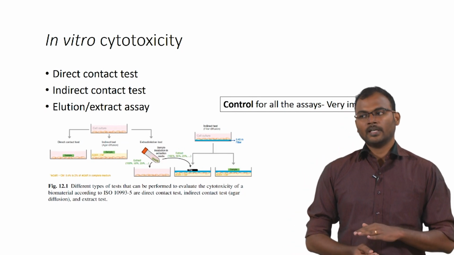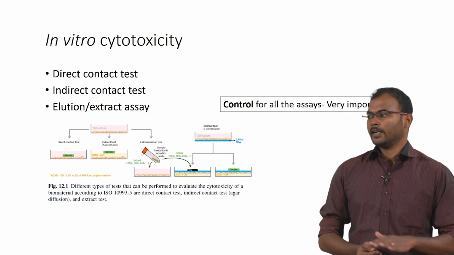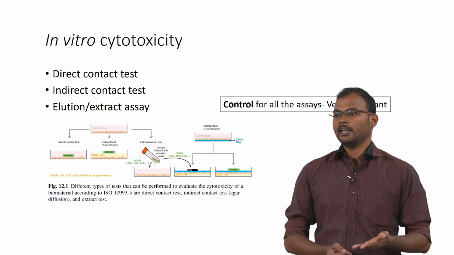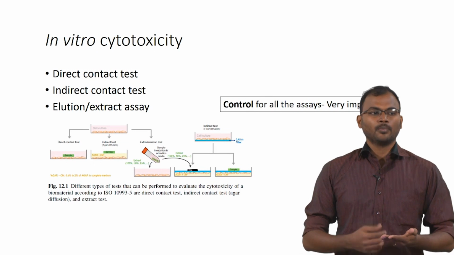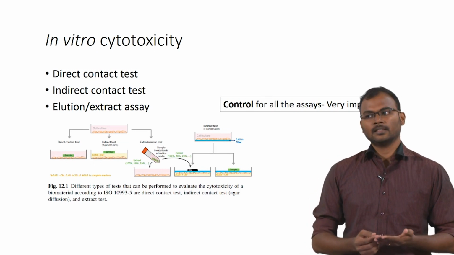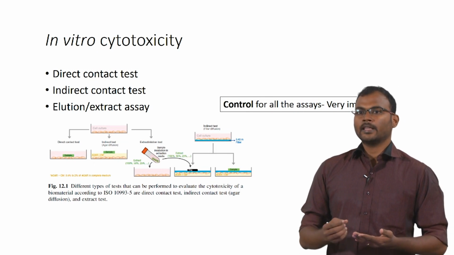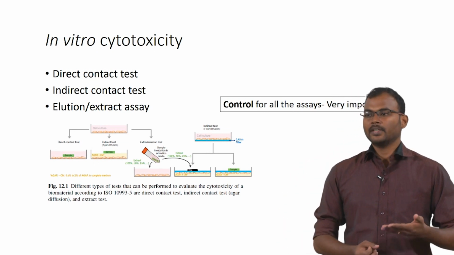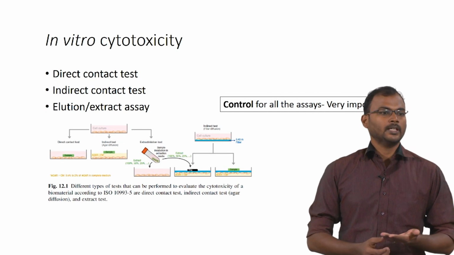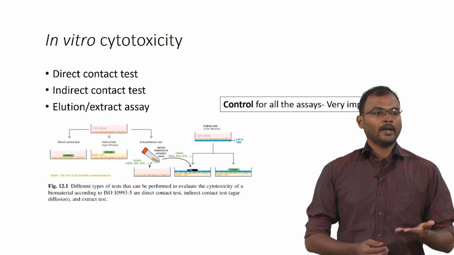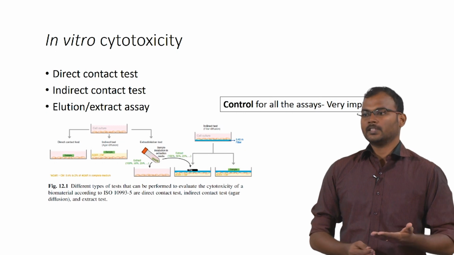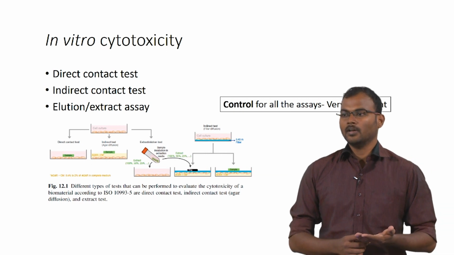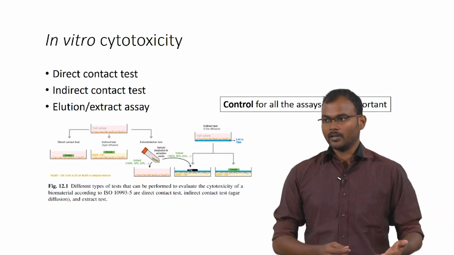So, if you found out that the material is not toxic, not causing any effect in all these assays, then you can go for cell adhesion. That is, whether your material is promoting cell adhesion, because cell adhesion is very important when you are integrating your material with the host system. For that, you will have the sample at the bottom and the cells seeded at the top of the material, and if over a period of time the cells show adhesion based on your material surface, that can be estimated also.